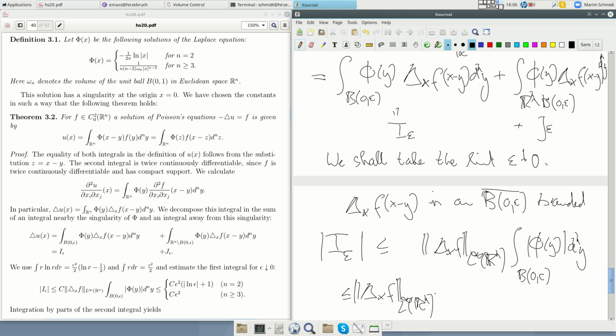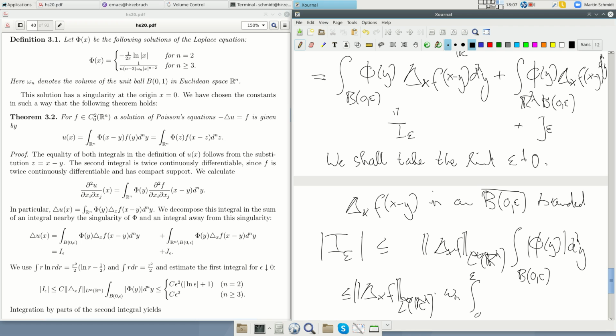And what is this expression? We want to understand this in the limit that epsilon goes to 0. So this is just the volume of omega n